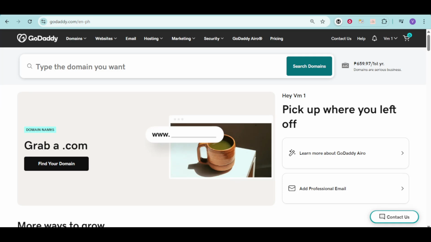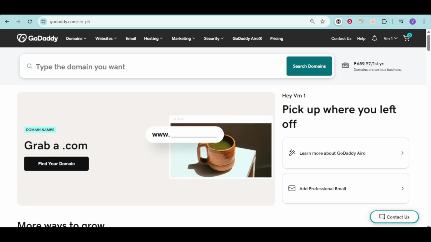In today's video, I'm going to teach you how to retrieve a forgotten username of GoDaddy. If you've misplaced your GoDaddy username, don't worry. This is a quick, secure process and you'll be back into your account in just a moment. I'll walk you through exactly what to do and share a few helpful tips along the way so everything goes